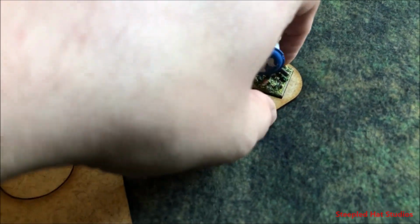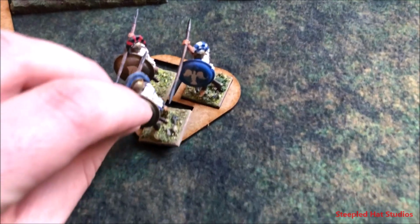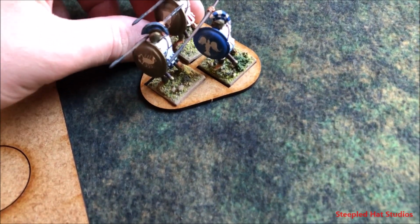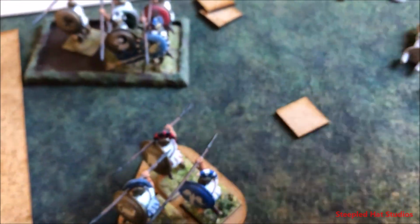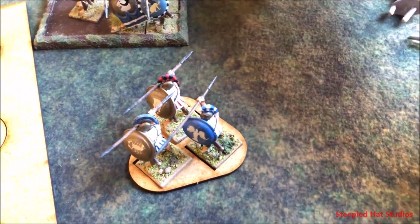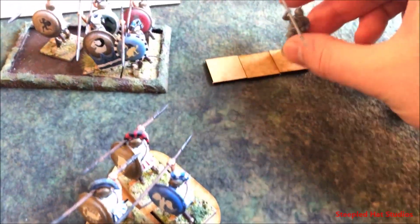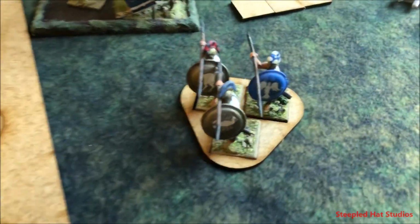So, almost fitting. But you get the idea. Even if they just sit on there, I'm content. And it'll end up looking something like so. Actually, you know what's probably even better? When I base these guys, I just use the MDF cutouts that they did, because these will probably sit side by side very well. And I'll just do that when I get to it. I will just use these and put like the Victrix Greeks on them, just so they fit nicely in there. But basically, you're going to have a set of 3 guys on a base for the hoplites anyway,